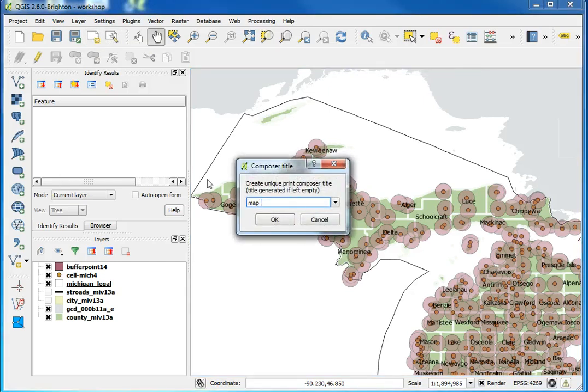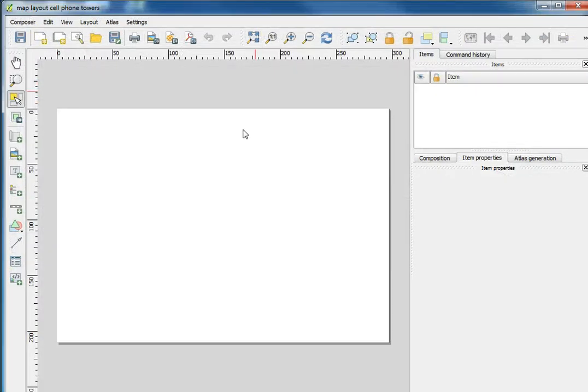We'll give it a name. And we get this work surface to work with. It assumes that you're interested in a letter size 8.5 by 11 layout, which you could change under the print settings. But down here on the left-hand side, we add the basic components of a map. Let's see, this button right here is for adding